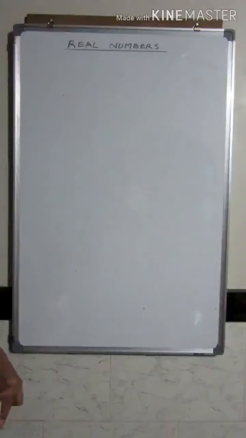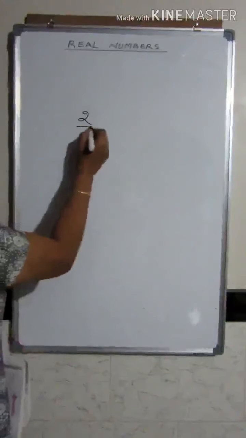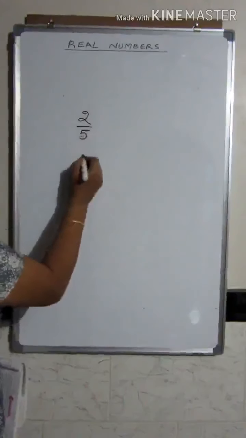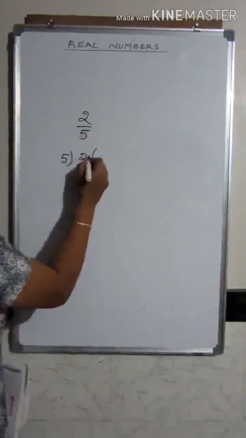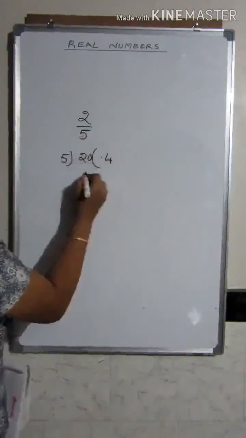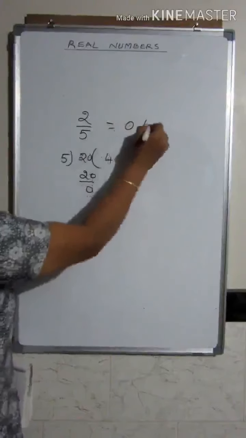have to convert the given rational number in the decimal form. So here what you have to do is you have to just do the ordinary division that you have learnt in the lower class. Now for example, the number given is 2 upon 5. So just divide the number, put a point, you add a 0, 5 fours are 20 you get. So you have to write the answer as 0.4.